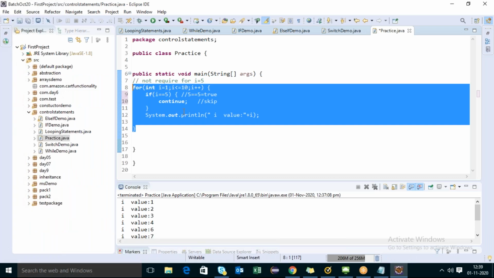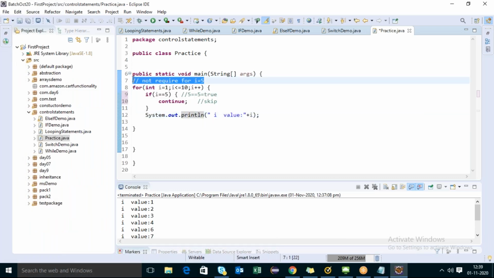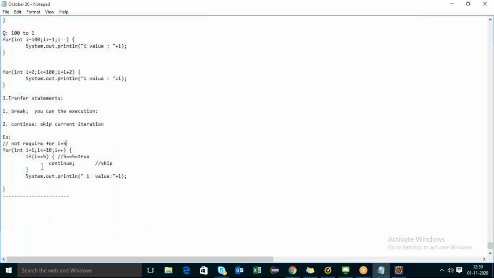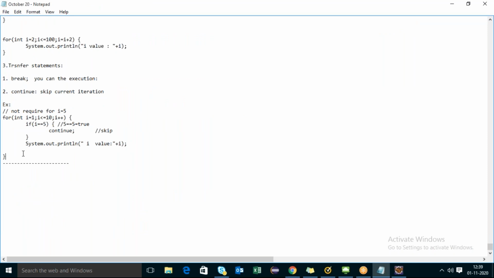Here, what is my requirement? You want to mention here that I just want to skip if my i value is 5. Now, we even have transfer statements called finally,